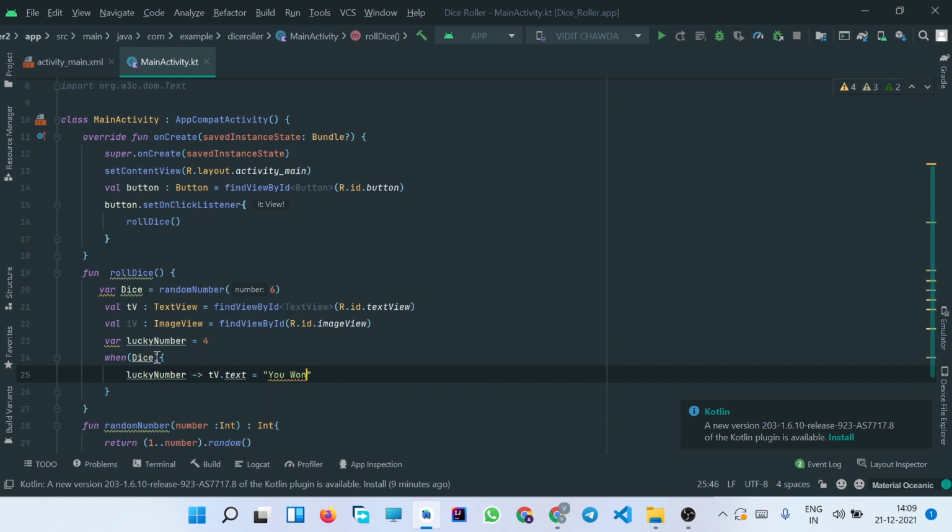When it is equal to the lucky number, we should display that you have won the game. So we'll simply change the text to be you won.